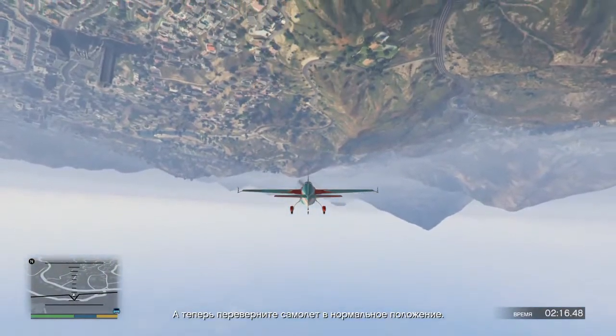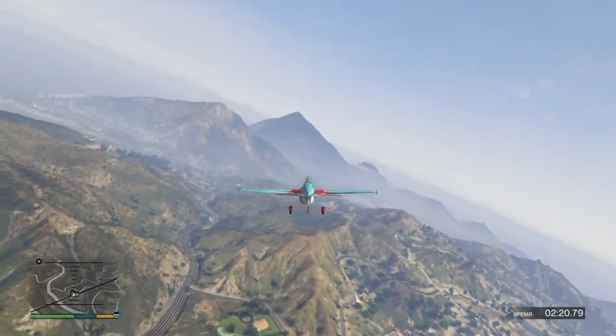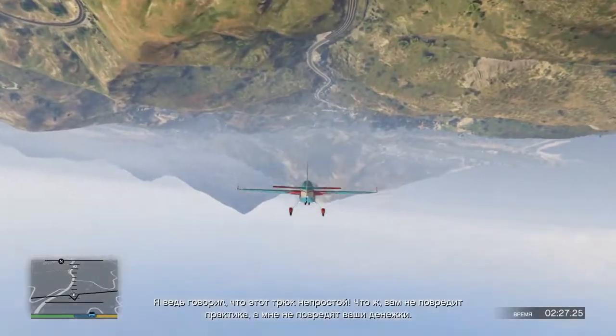Now roll the plane right side up. I told you this stunt was tough. You could do with more practice, and I could always do with more